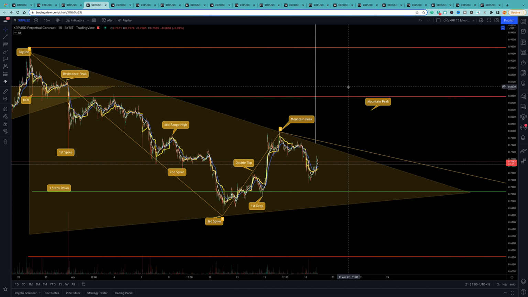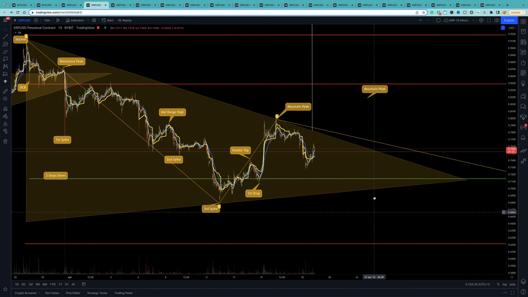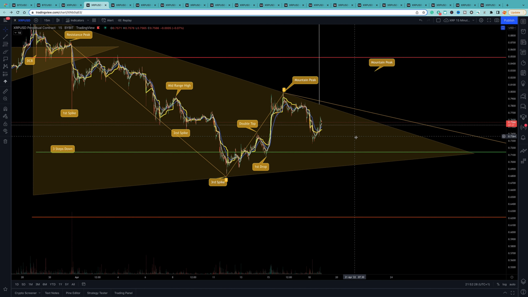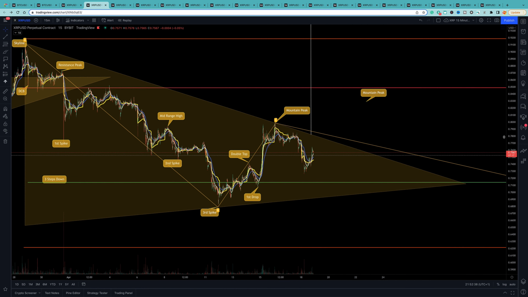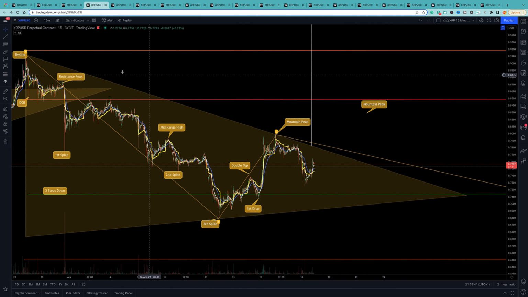let it go up and catch a better short position here, or do I hold it here? If this is Mountain Peak, one of the potentials is this Mountain Peak third drop. So you got your first lift, now you get your second lift, and then down it goes. So now the question is, are we going to get a smaller movement here but a quicker one? So tomorrow down we go, possibly, or